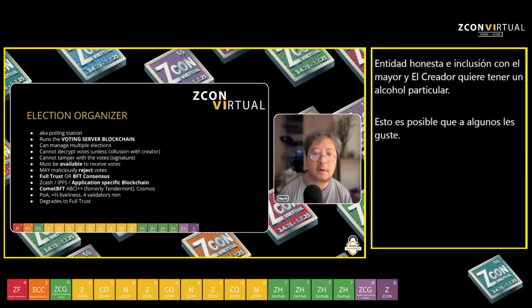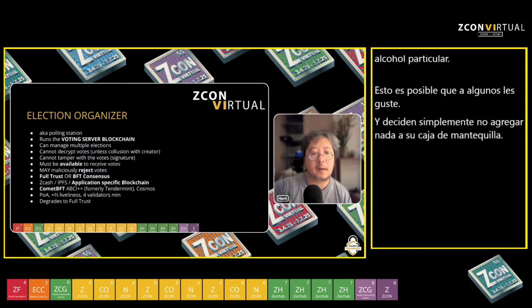Right? So I'm talking here about the fact that they may maliciously reject votes. In order to eliminate that risk,